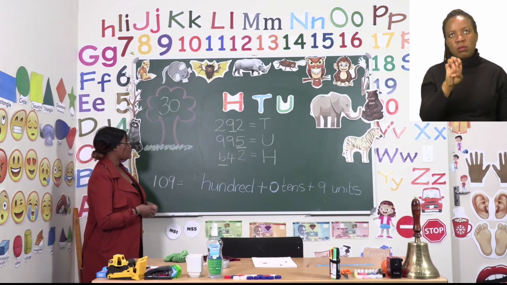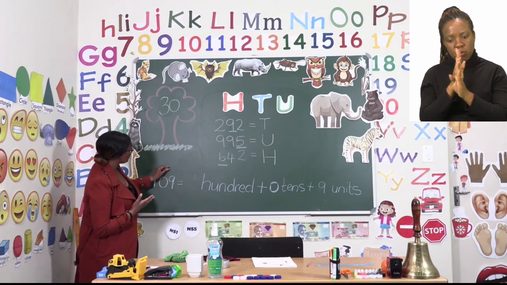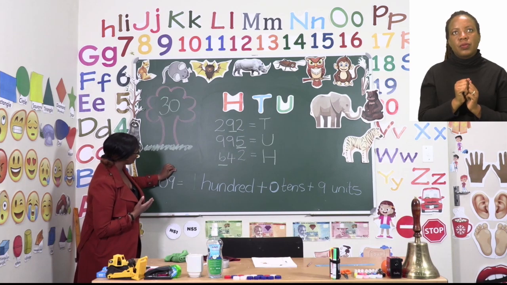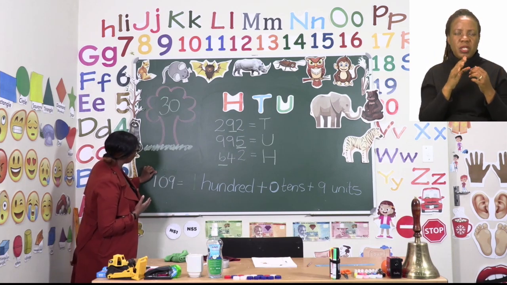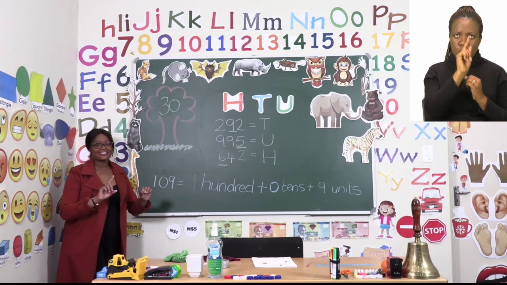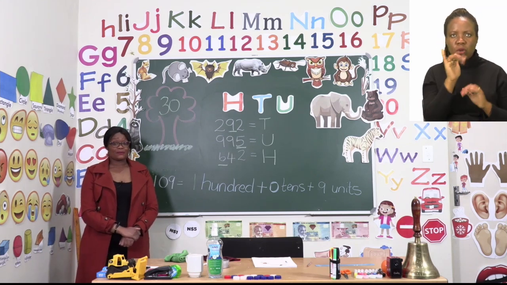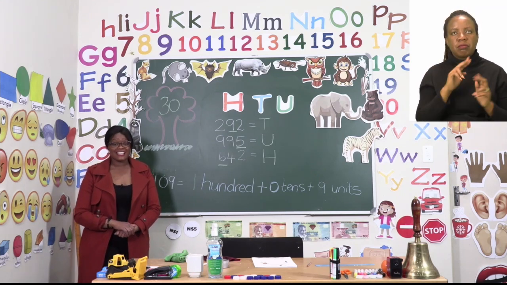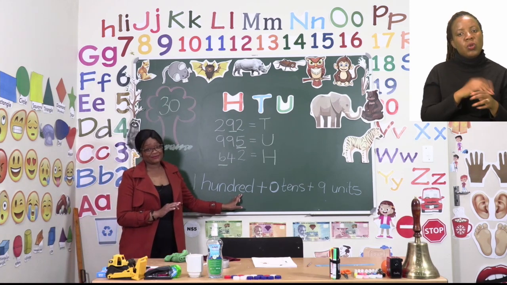So make sure that you put it in the correct order. If you're still not sure, you can put a small U, T, and H on top of the digits so that you can now write them nicely as a complete sentence. Take your time with both of them. Make sure your handwriting is neat and you're spelling each word correctly.